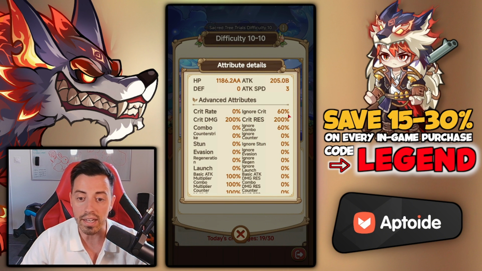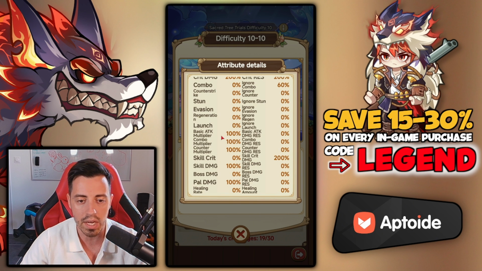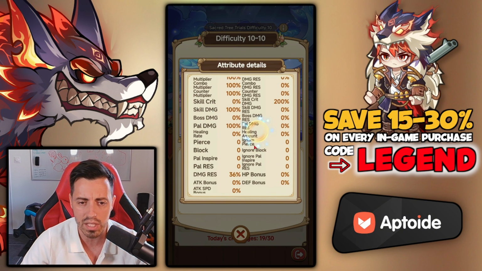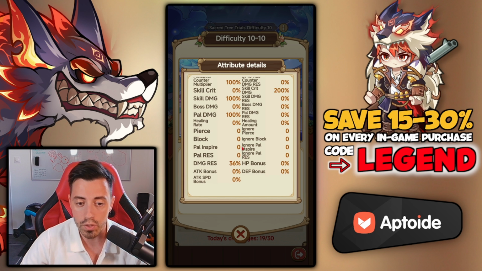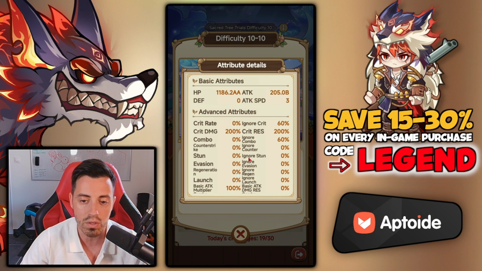So yeah, look at that. 60% ignore crit, 60% ignore combo, and the skill crit damage. You can see what he is doing. Basic attack multiplier, so he's doing a lot of basic attacks. I never paid attention to the combo and counter multiplier. Whatever. So you can see the stats here, and damage resistance 36%, so it might be a good idea to